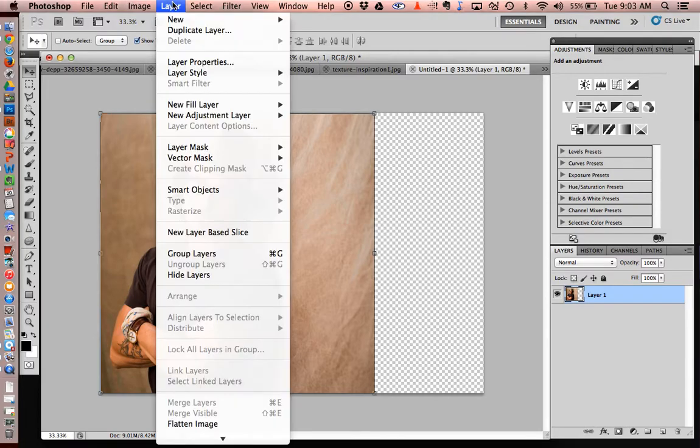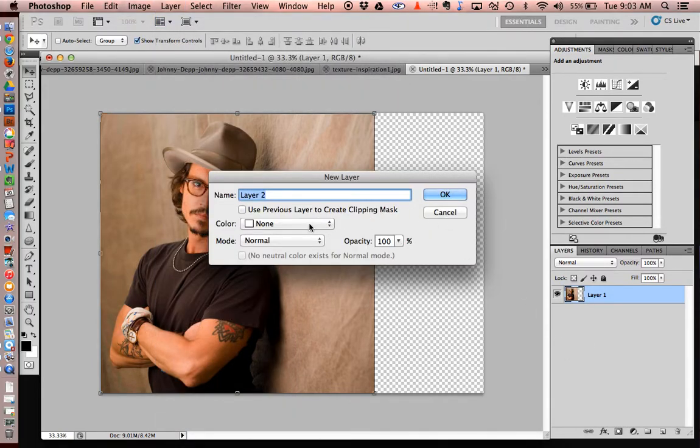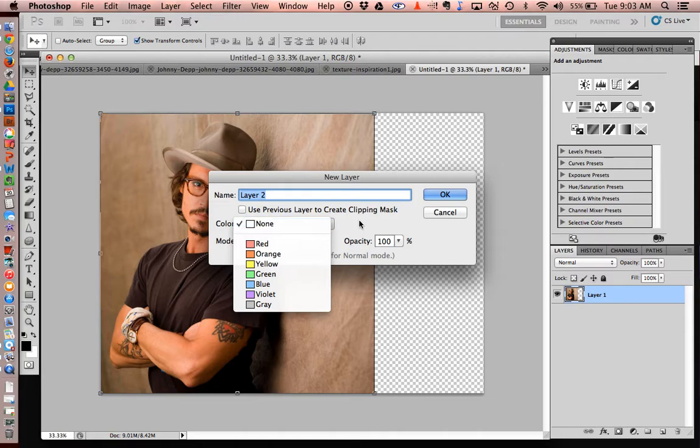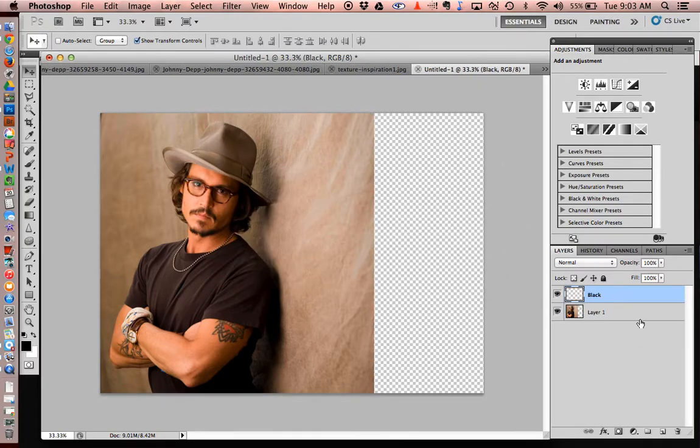So I'm going to go to Layer and New Layer, and I could choose a color if I wanted. I want it to be black, and that's not one of the options there, so I'm just going to leave it where it is. I'm going to title the layer though so I know what I'm working with, so I'm going to say black. And on here then, I'm going to go find my fill, and it is hiding under